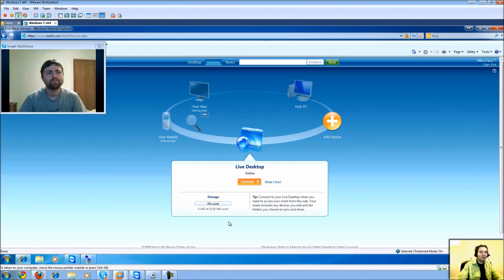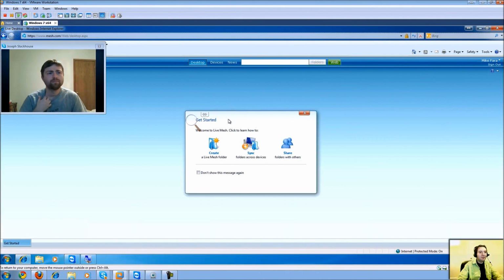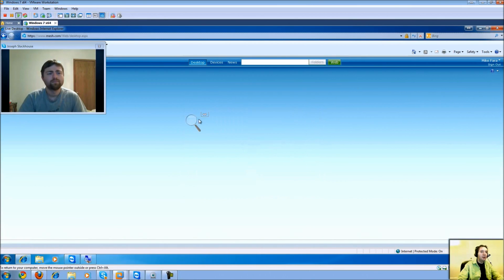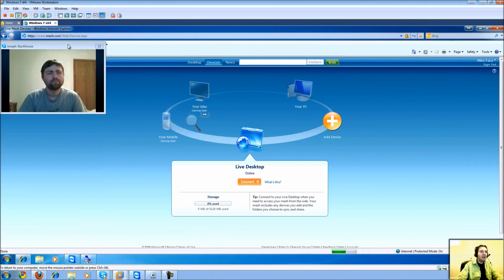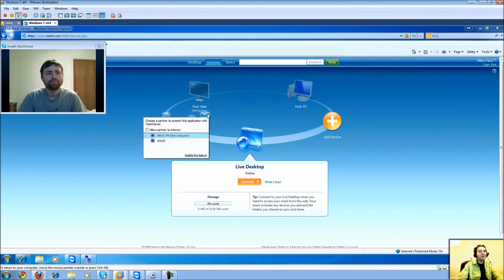We're at mesh.com, and this is a list of the computers. Now, you have a live desktop. If you hit connect here, you'll see that you can create folders and so on. And they've actually merged this with SkyDrive, I believe. But yeah, you can share files between the two and all sorts of stuff. You can add PCs and so on, but it's still in a beta phase, and it's